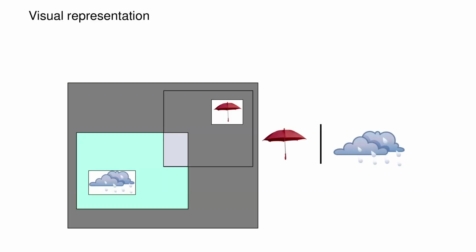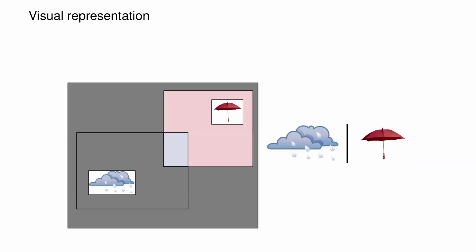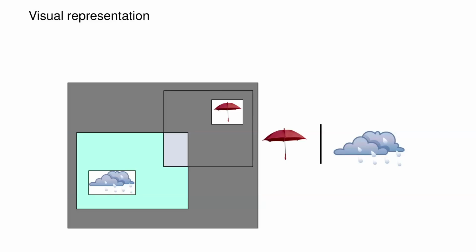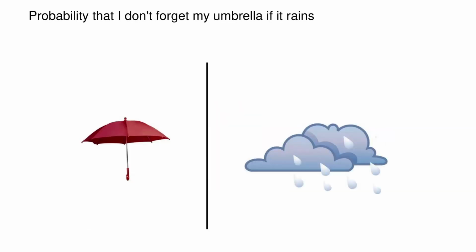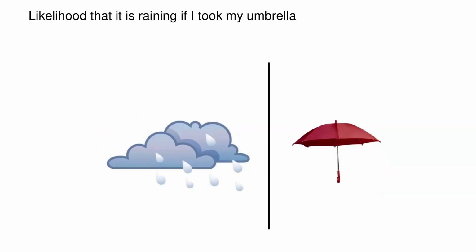And if I update, I can compute, for example, the probability that given that it's raining, I have my umbrella. Sorry, let me say it again. That's the probability that I have my umbrella knowing that it's raining. And that's the probability that it's raining knowing that I have my umbrella. And so we have to basically relate the two, right? So this one is the one that is easy to compute, that's when I have my umbrella knowing that it's raining, and that's the one that is hard to compute,